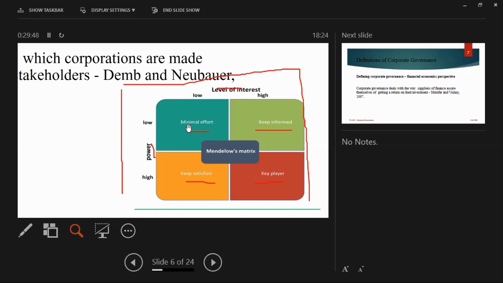Even though the definition says that you have to concern the rights and wishes of all the stakeholders, practically you cannot do that on an equal basis. The best way is to categorize your stakeholders depending on their level of interest and power, and then give the